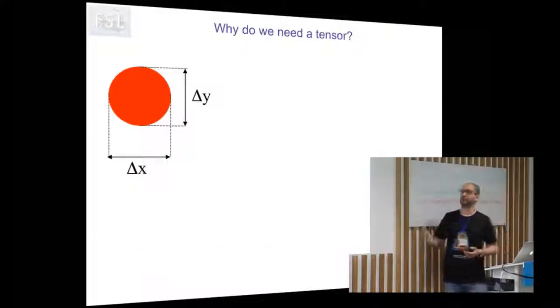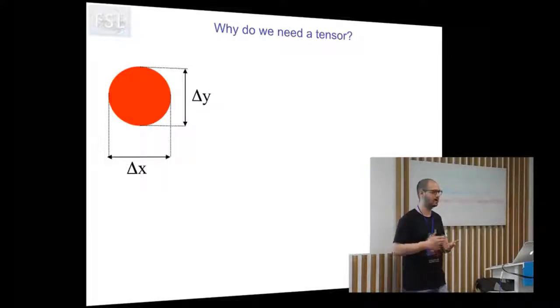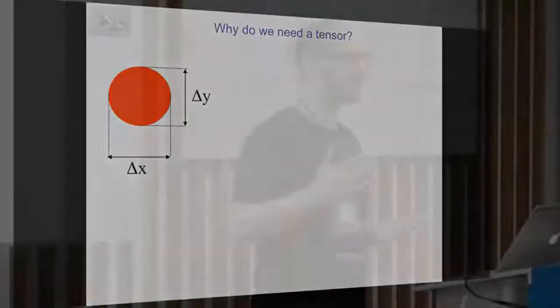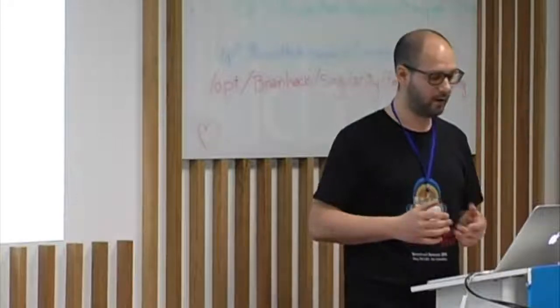Now, of course, the crucial question is why do we need to go to this more mathematically sophisticated approach? Why do we need a matrix, and it's not enough anymore to just have a single scalar in every voxel? Well, imagine two very simple cases, right? You are in a certain voxel,